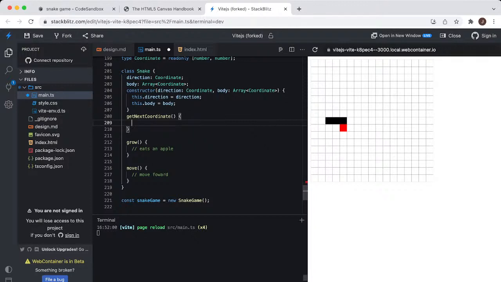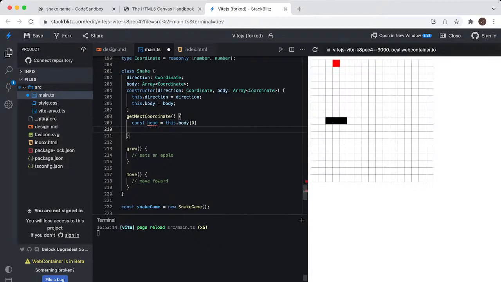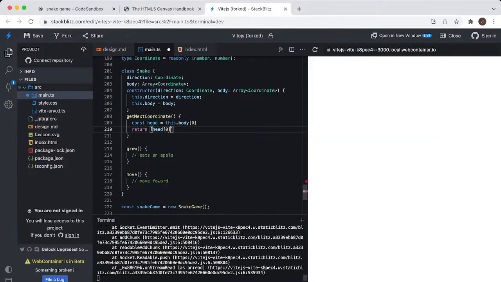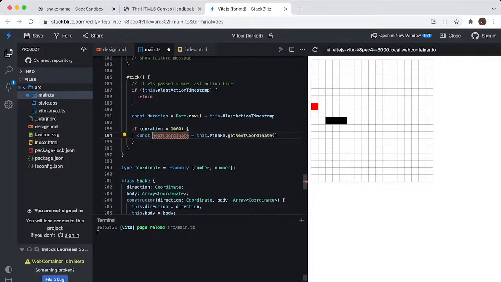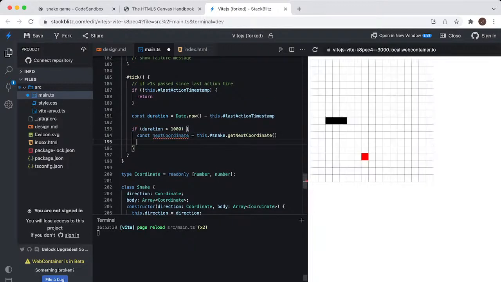So the head would be this body 0, and we just return head 0 plus this direction 0, head 1 plus this direction 1. We get next coordinate, and we first try to make it simple, and